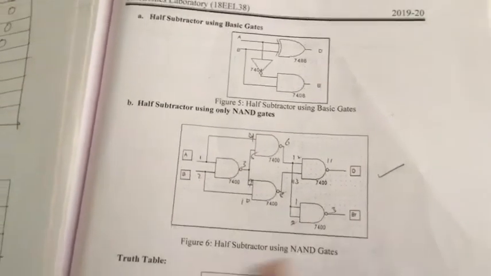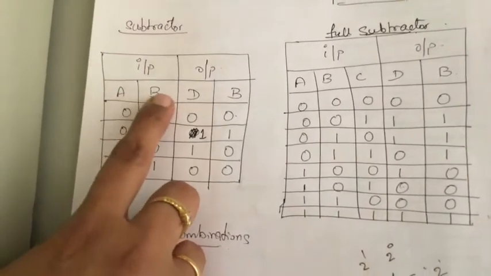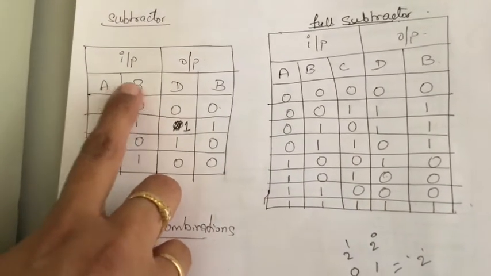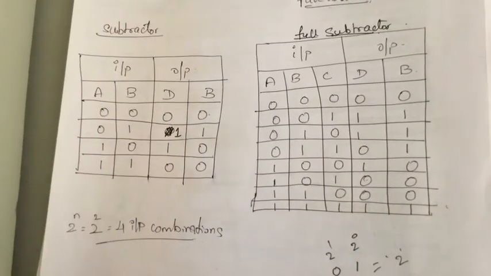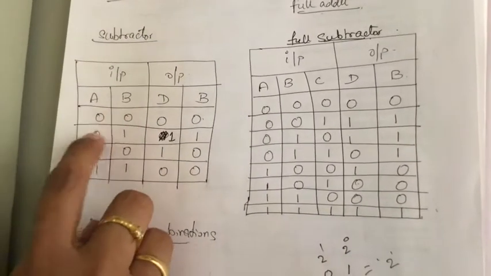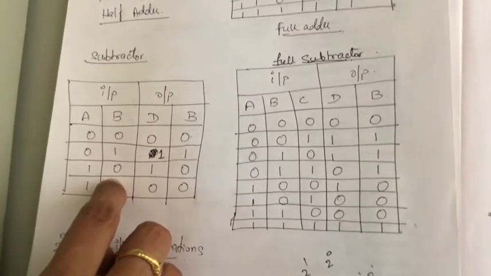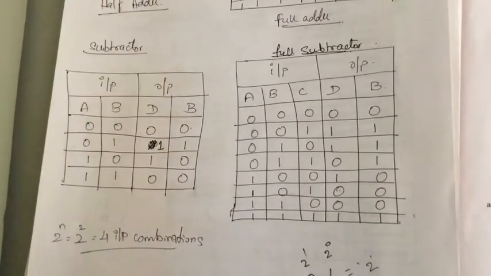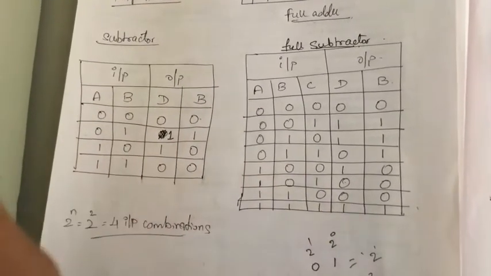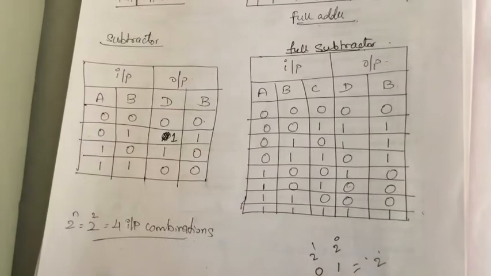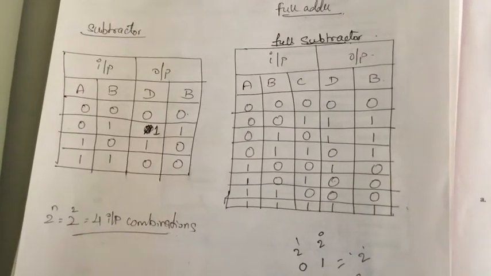Okay. So the truth table for half subtractor is such that A and B, so I have two input combinations. 2 to the power of 2 is said to be 4. 2 inputs, 4 input combinations. So 0, 0, 0, 1, 1, 0 and 1, 1. So for subtractor, what would be the output as such? It is difference and borrow. So difference is the subtracted output as such. Borrow is what we are going to borrow if we have to subtract a higher number from a lower number.